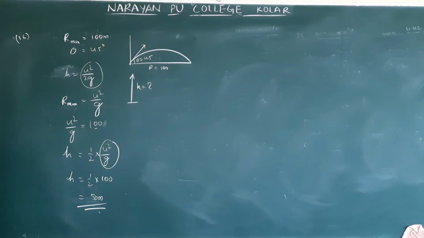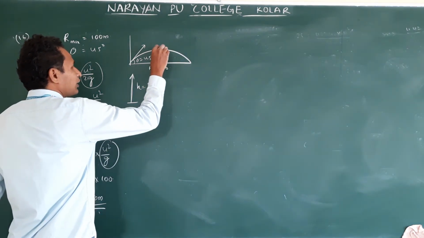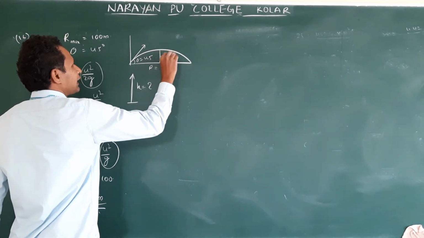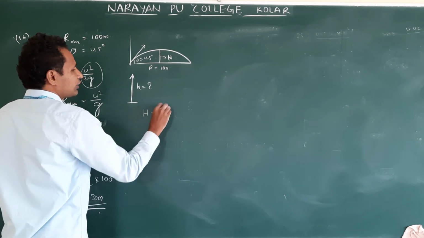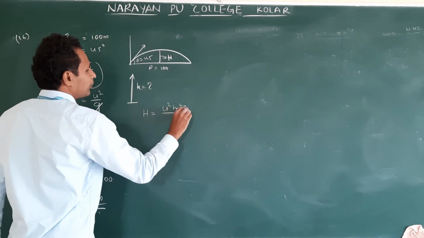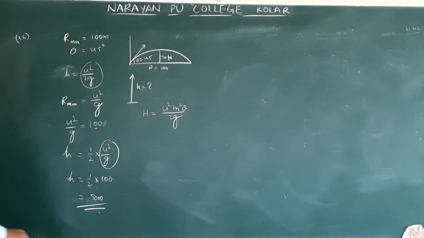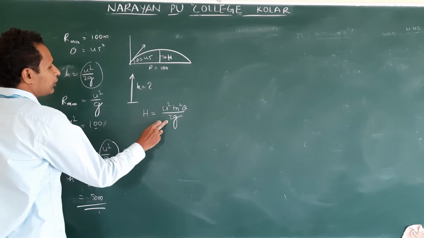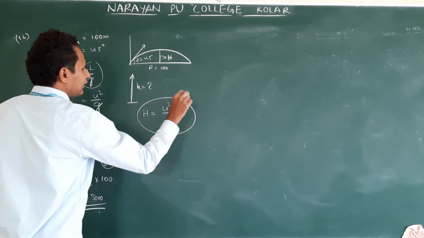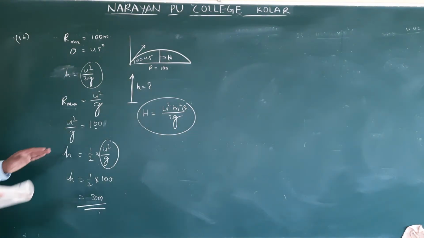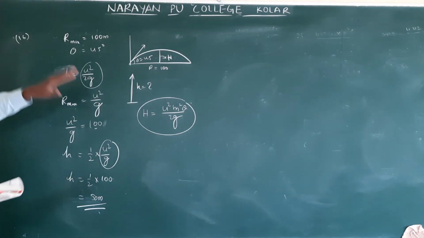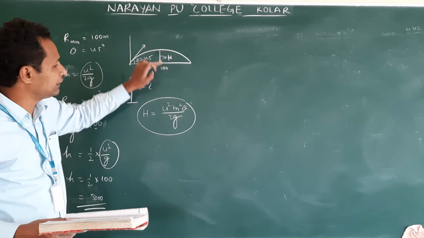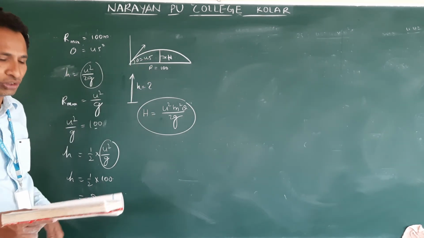Clear? In the same problem, if they ask in this projectile motion what height it raised, if they ask this H, let us say capital H, in that case we follow that: H is equal to U square sin square theta by 2G. Theta you know is 45. Clear? U square by G we will get, then you will get the answer. See, they mention how high above the ground it can throw. So this is the concept. In the same projectile, what is the height raised by the object? Then this form. So we need to concentrate on the question.